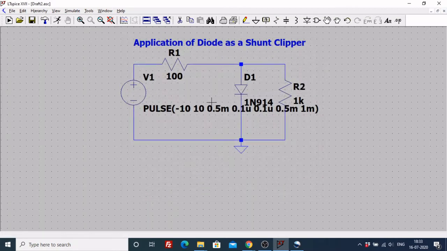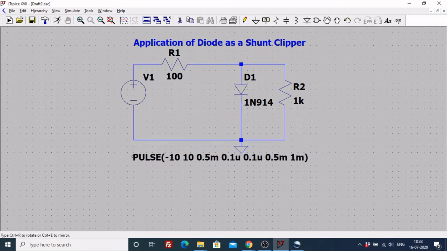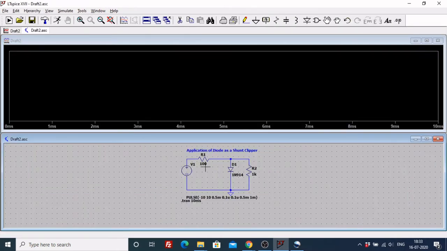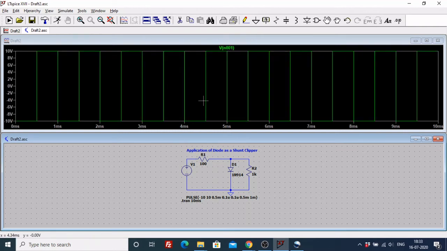So I get this term. Now I want to get this below my circuit. So I click on this, place it below the circuit, click escape. Go to run. I am going to run this for a total of 10 milliseconds. So I click OK. My circuit comes down here and now I want to run this circuit. So I use this probe and I get this waveform. This is a square wave that is going from minus 10 to plus 10.